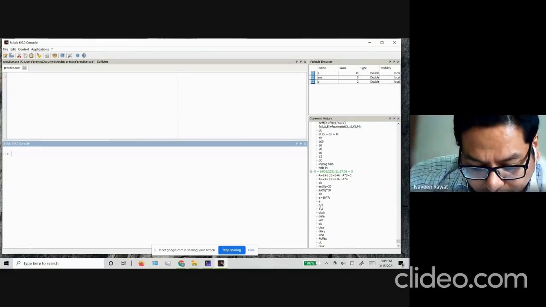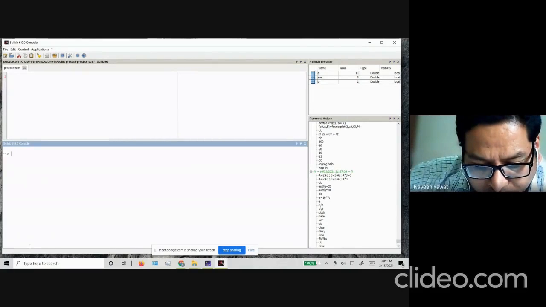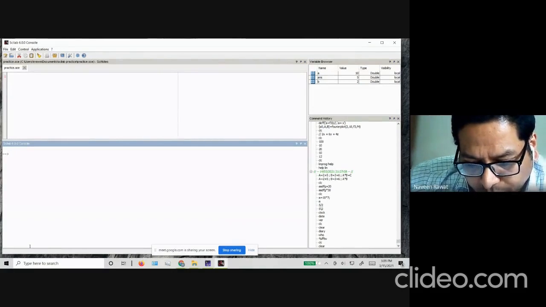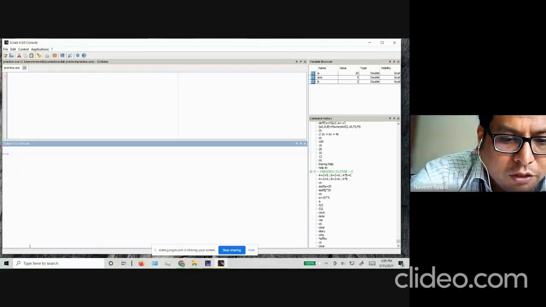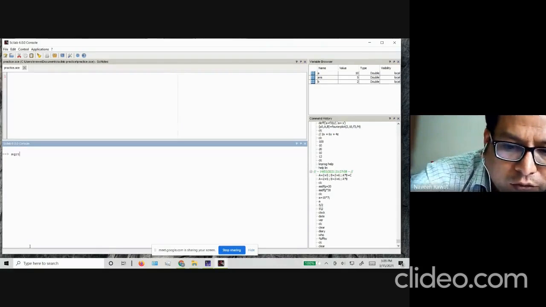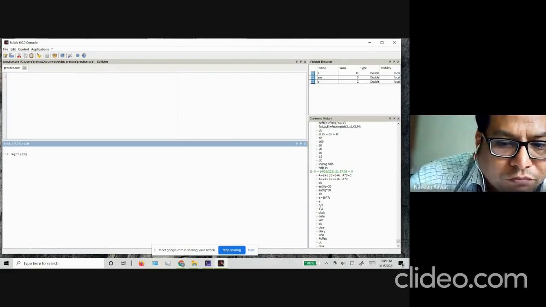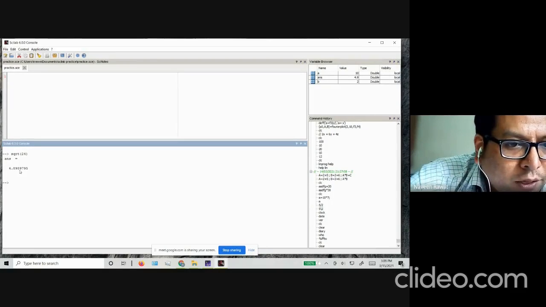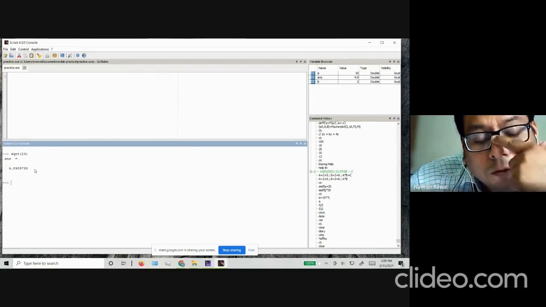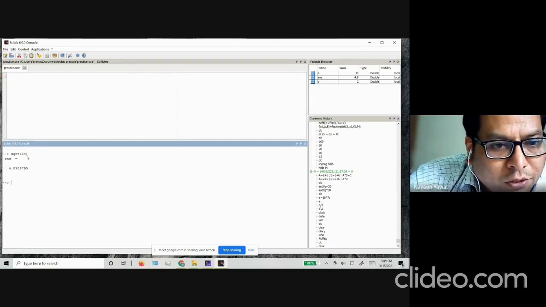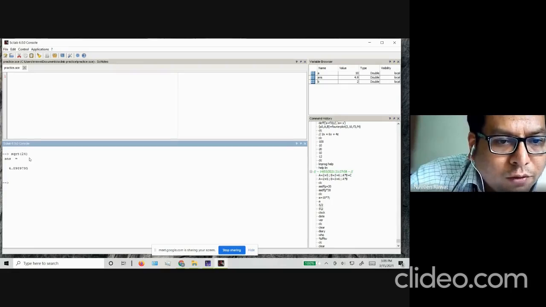So another thing you can do is, of course, a little bit tougher calculations. Suppose you want to find the square root of a number, so you can just type SQRT. That is the square root command. Suppose I want to find the square root of 24. And you can see the answer appearing here, 4.898975. Okay, so all basic calculations that a calculator can do, you can do in the console window as well.